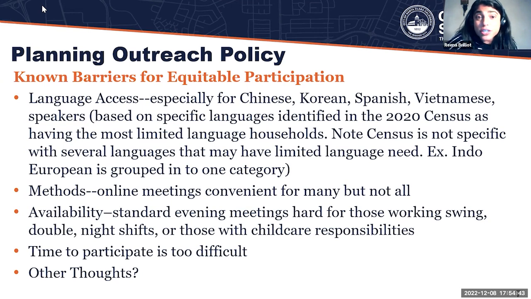That's just the definition of what a limited English speaking household is. Now, Chinese, Korean, Spanish, and Vietnamese are actually languages that are explicitly called out in the census, as well as other languages. But there are many languages that are not uniquely identified. They're actually joined up with other languages. And so those languages that don't have their own unique identity, for instance,